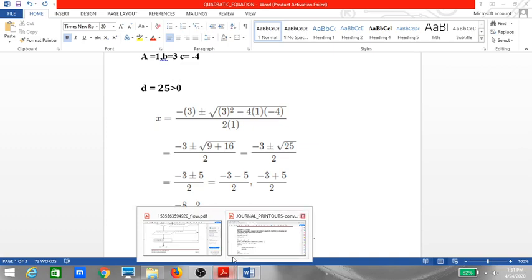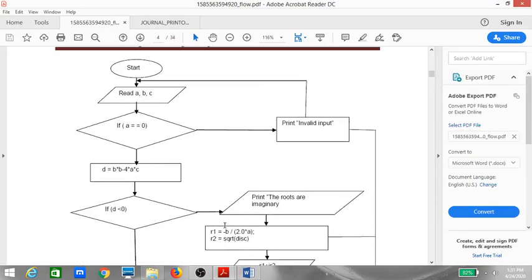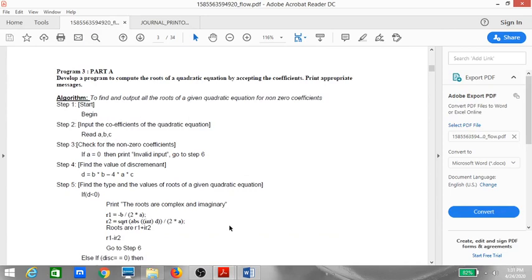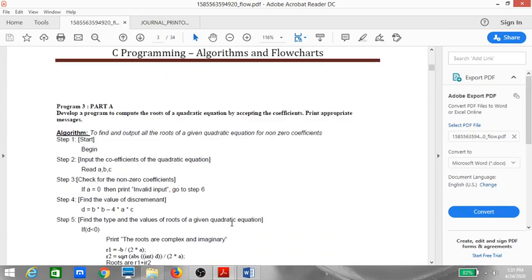So first, let us look at the algorithm of it. So what is an algorithm? An algorithm is a step-by-step procedure of how you are going to get the results. Again, there are various things that you have to take care of in the algorithm: every step that you are going to write should lead you to the solution. There should be a finite number of steps. It should not have any language specific details in it. So all these things you have to take care of. So let us look at the algorithm.